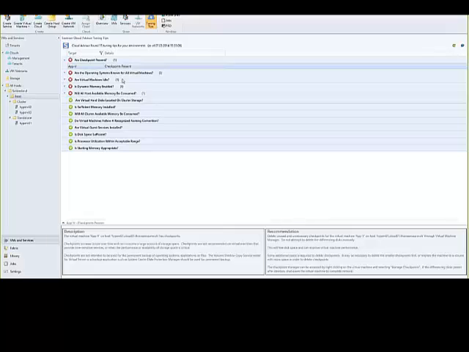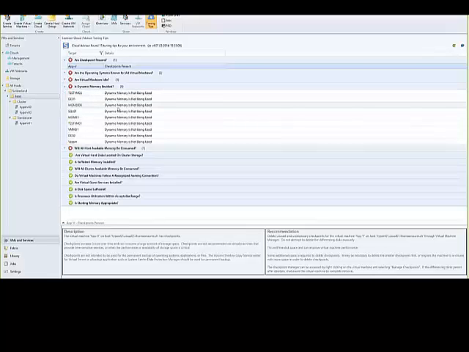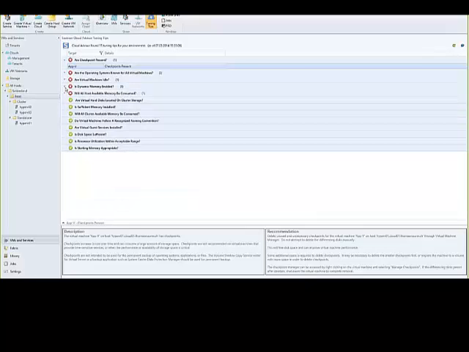But if you click on that, you get a description with a little bit more information, and you also get some recommendations. So you can see why this is a bad thing or what can happen if I use this. There are several other things you can make use of. For example, I can see all the virtual machines where dynamic memory is not enabled and things like that. It really helps you to get an overview of the environment and fix some small or bigger issues as well.